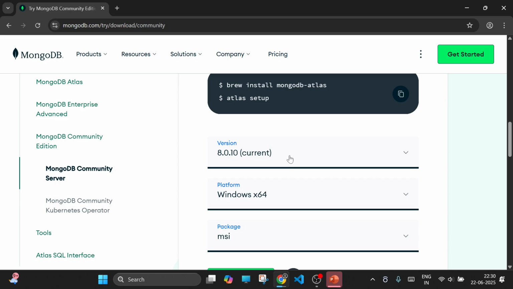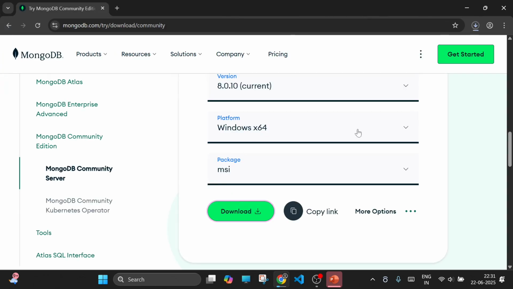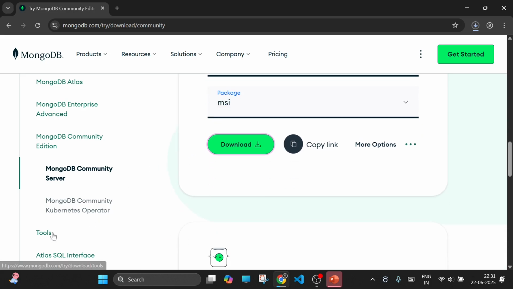From here, we have automatically chosen the current version. We are downloading on the Windows platform and we are using the Microsoft installer package. We click download, and while all of it gets downloaded, we'll come into tools,